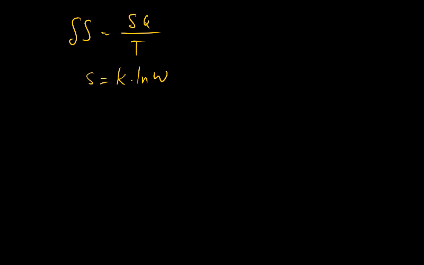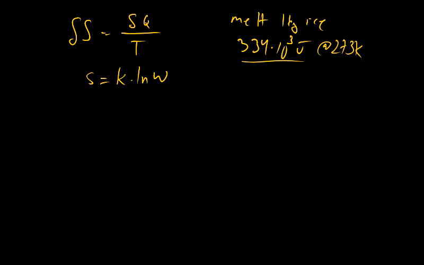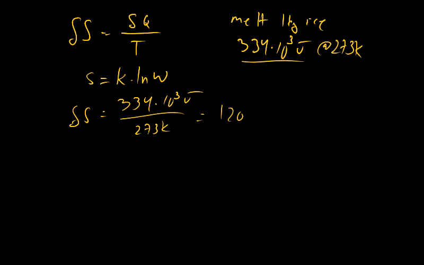So in this case, say I want to melt 1 kilogram of ice and ask how many configuration changes that is. Well, how much energy does that take? Well, it takes 334 kilojoules, so times 10 to the 3 joules, to melt 1 kilogram. So that's going to be the amount that we're going to have, and this is at 273 Kelvin. So this gives us, change in entropy is 334 times 10 to the 3 joules over 273 Kelvin, or about